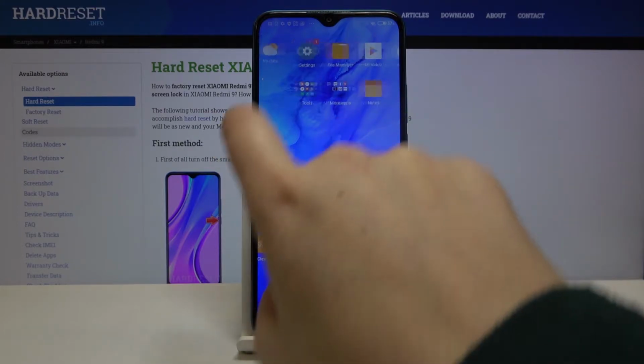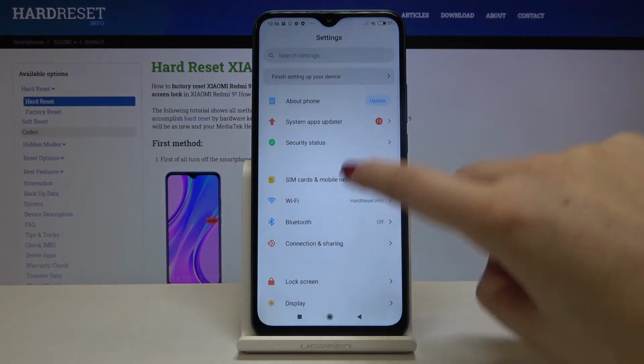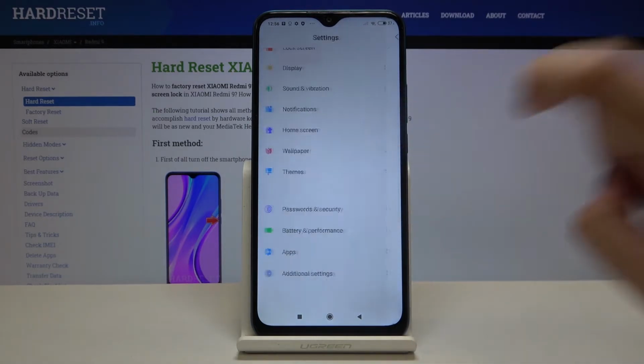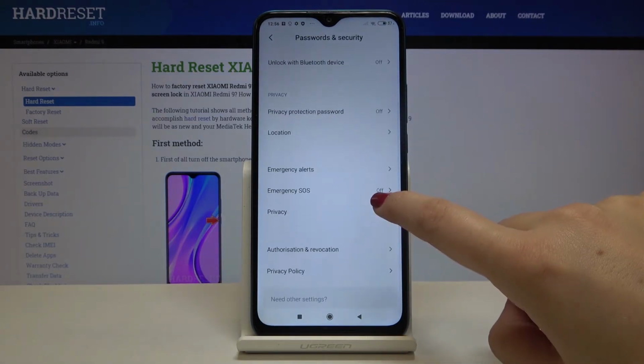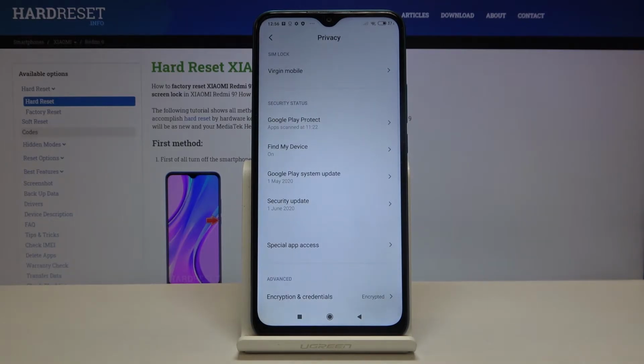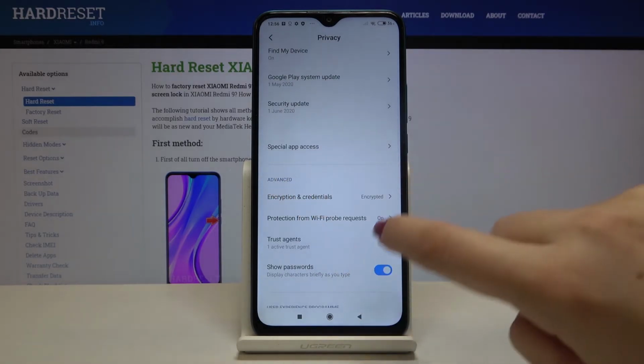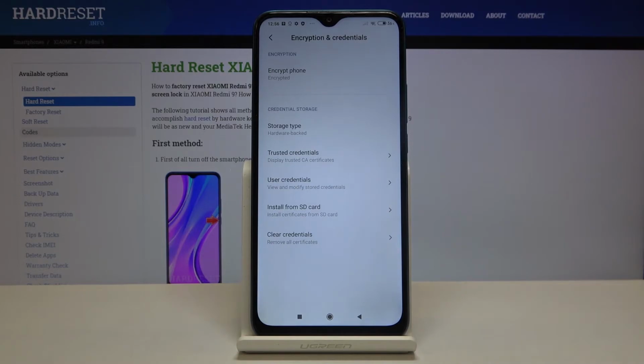So first of all, let's find and open the settings, and here we have to scroll and tap on passwords and security. Now let's tap on privacy, it's right here, and here we have to go to advanced section and tap on the encryption and credentials. And as you can see at the very bottom of the list, we've got clear credentials option, so let's tap